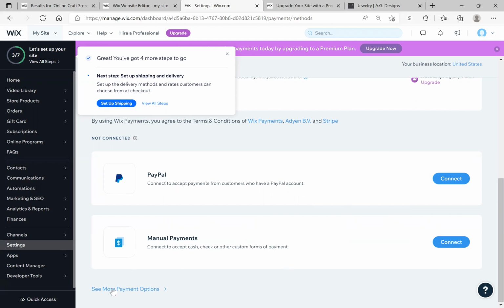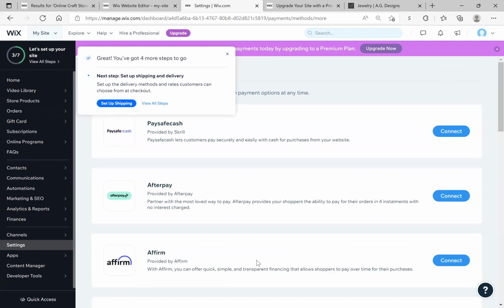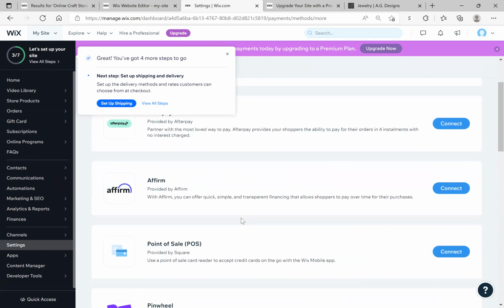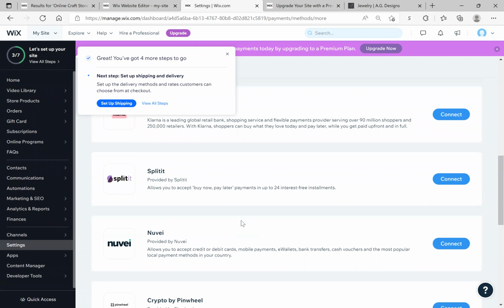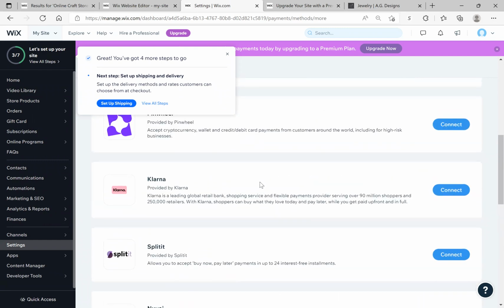And then click on select more payment options. And here is where you will find your Afterpay, Affirm, Sezzle, Klarna, all of that. So you just have to make sure you go out to these sites first and apply for these accounts, right? So get you an Afterpay and a Sezzle account. Sometimes it might take up to 2 weeks for them to go through the entire approval process with you. It could take a week or a couple days, right? So don't be alarmed if it's more than a week and you haven't heard anything or you haven't been approved yet. Don't be alarmed. But once you have been accepted, right, then you'll come back here and then you'll select